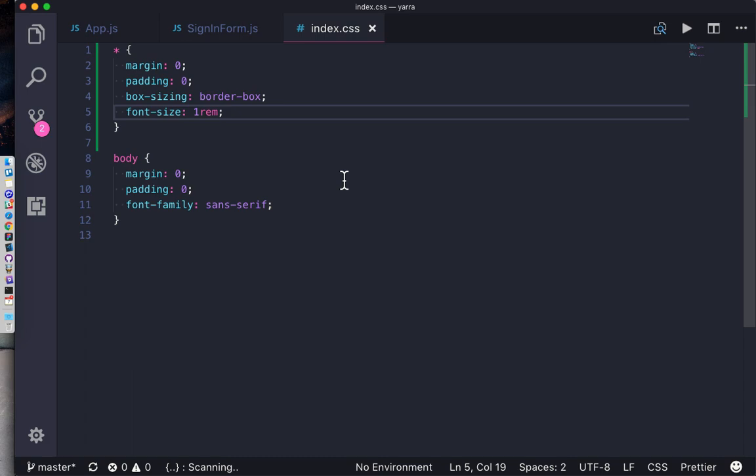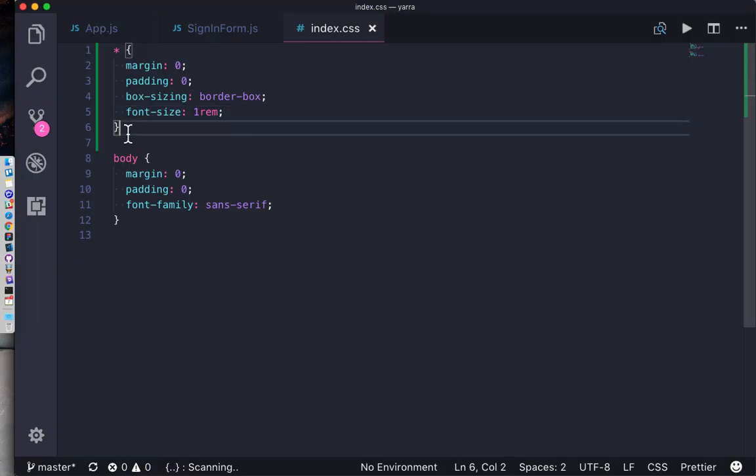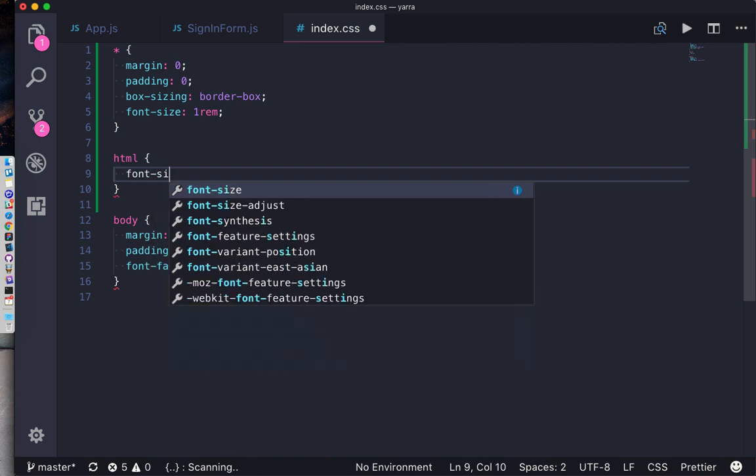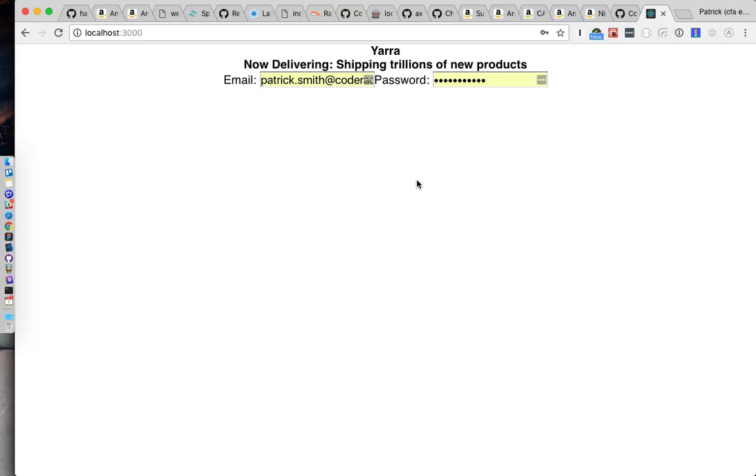And so that's 1 rem, which is relative to my HTML tag's font size. So I'm going to add a new rule for my HTML tag and say font size is 20 pixels. So bump it up from the default